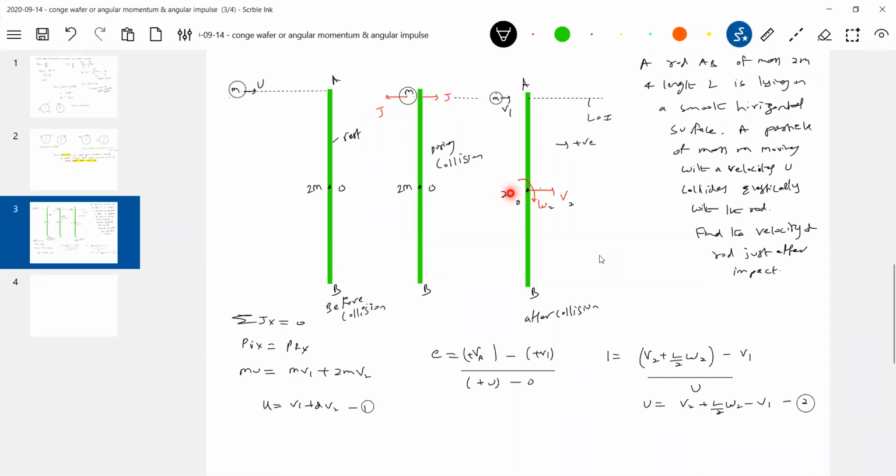Next thing, sir, what about A? Yes, it is conserved about A also, because both these linear impulses will not set up any angular impulse. There's no problem, we can conserve about A also. Sir, but B, is it conserved? Yes. Plus L into J clockwise. Here this plus L and this J, so this angular impulse will be anti-clockwise. Net angular impulse 0. About B also angular momentum is conserved.